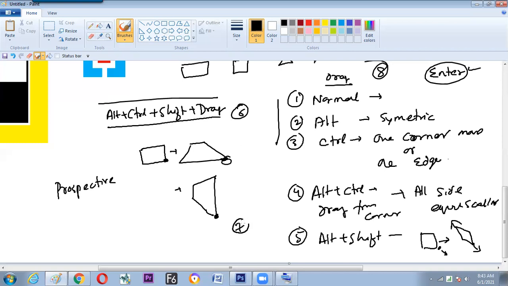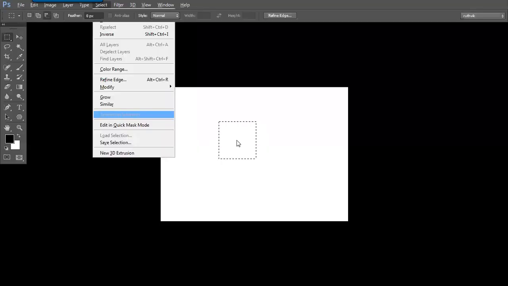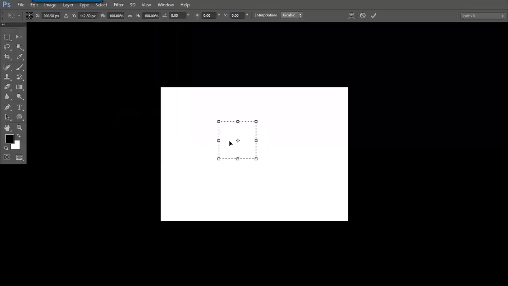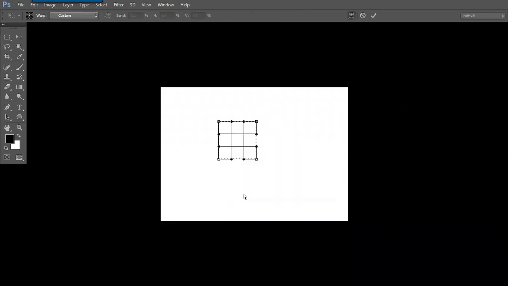Now the seventh scaling. Alt T, and give a right click and switch to the option called Warp. What is the option? Warp. So this is a wavy scaling. Till now we have seen very perfect edges with straight line scaling, but we can scale the subject in a wave-like format and press Enter.